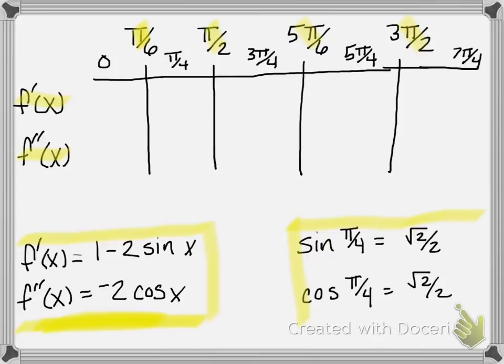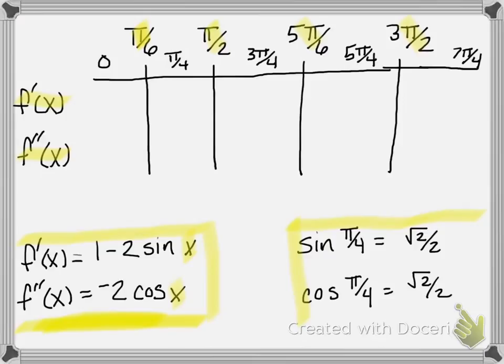And I picked those just because sine of pi over 4 and cosine of pi over 4 are both equal to the square root of 2 over 2. And as far as 3 pi over 4, that's going to be in quadrant 2, where sine is still going to be positive, and cosine is going to be negative. So we just need to pay attention to that. That we plug those values in for our x's, and when we do that,